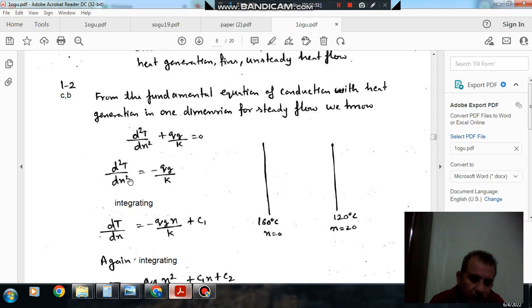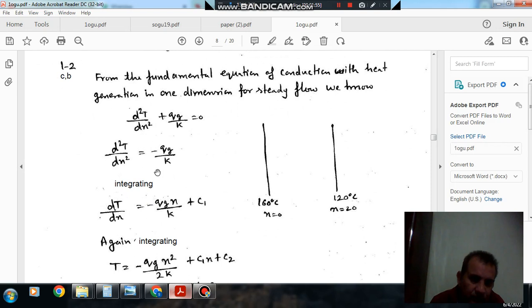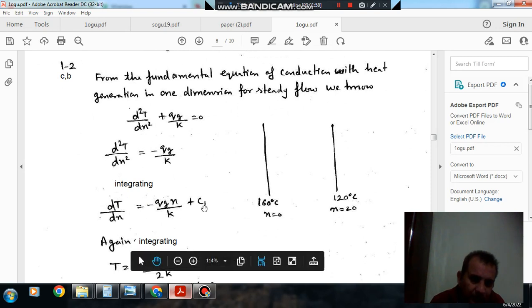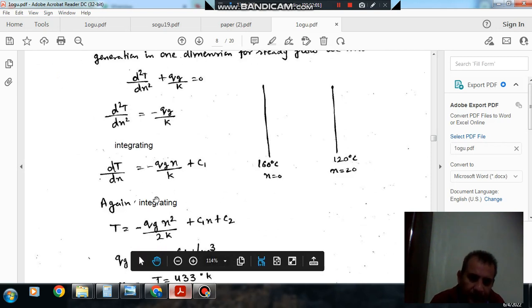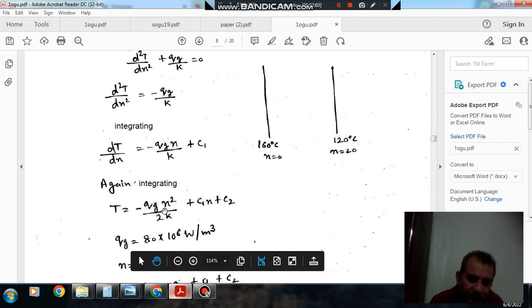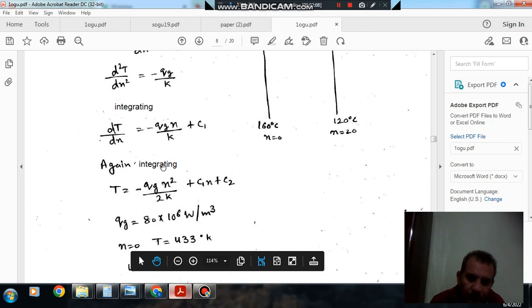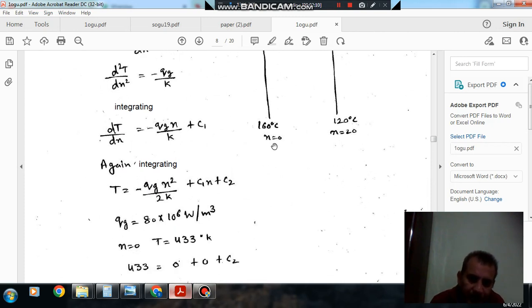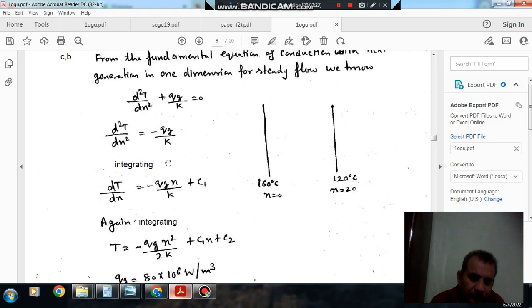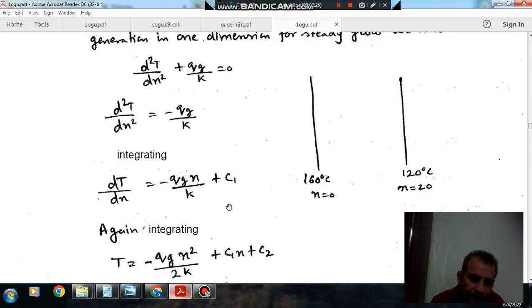Integrating it, dT by dx is equal to minus qg x by k plus C1. Integrating again, T is equal to minus qg x square by 2k plus C1 x plus C2. At x equal to 0, T is equal to 160 degrees Celsius. At x equal to 20 mm, T is equal to 120 degrees Celsius, and qg is given as